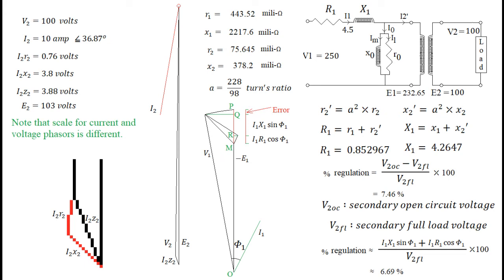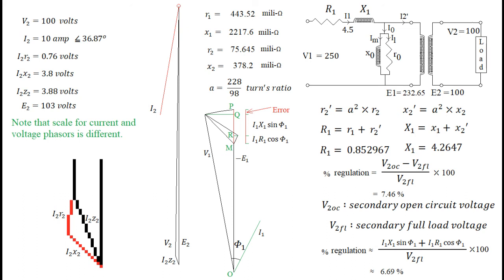If we strike an arc from the tip of phasor V1 up to the vertical line projected from minus E1, whose center is point O, then we see geometrically that the difference PM needs to be calculated. This difference PM is the numerator of the regulation expression and the distance OM is the value of the denominator. We could write an expression for distance QM, leaving distance PQ as an error. This expression could be seen in the numerator of the regulation equation.